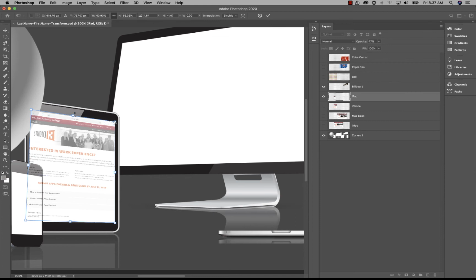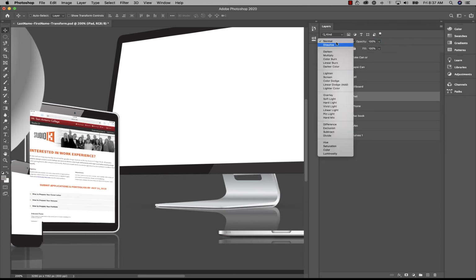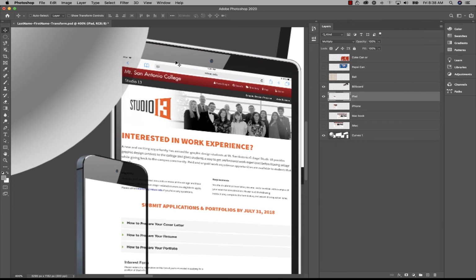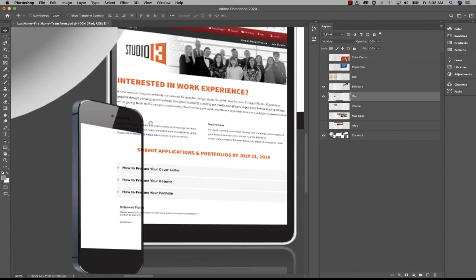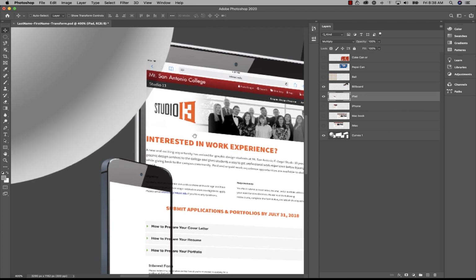If you want to zoom up a little bit, I would recommend you be as accurate as you can. But the point I want to show you here, finish it out, put the opacity up, make the blending mode multiply. The point I want to show you here is that I've got some areas where I've got this overlap. And I'm going to delete that. So I'm still on that iPad layer,